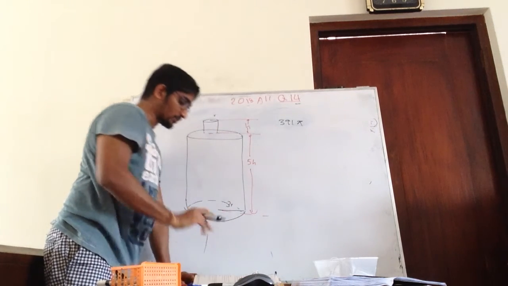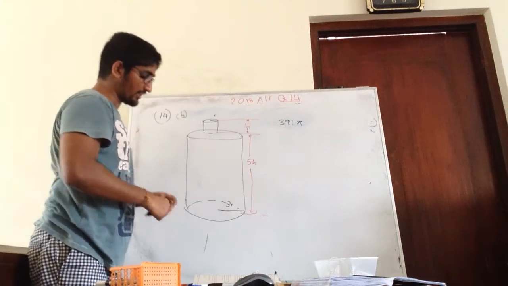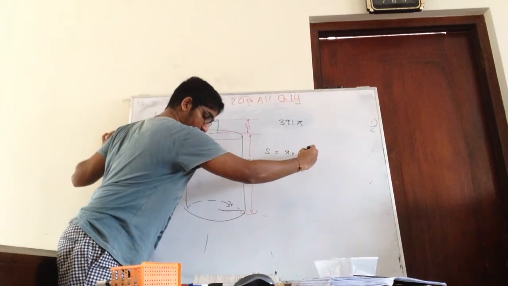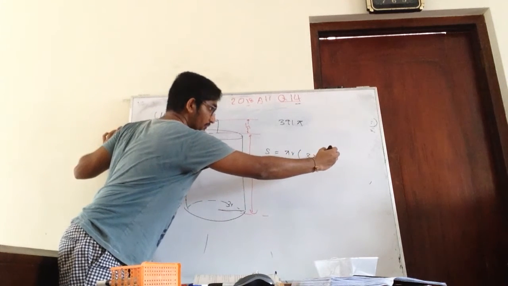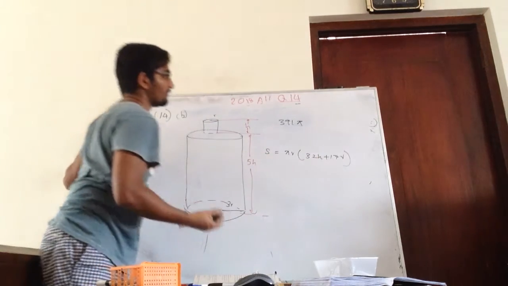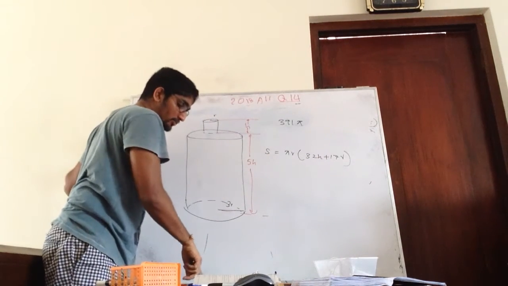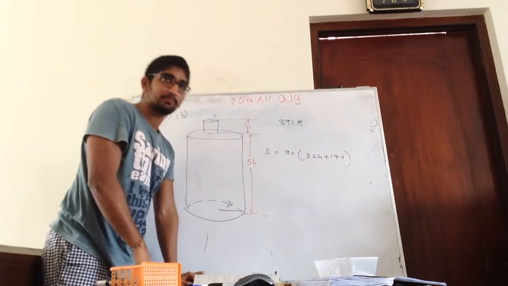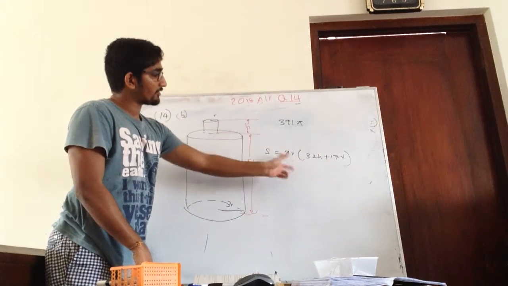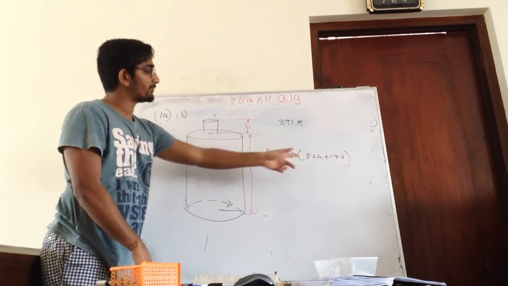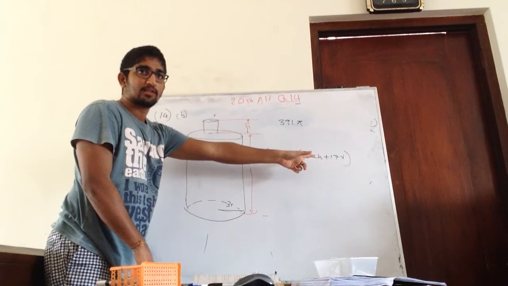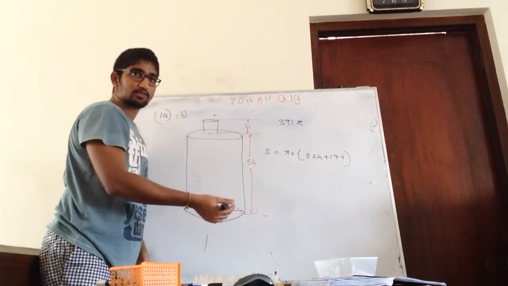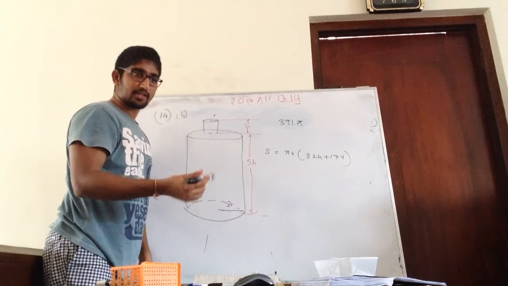So now they are saying, so they have given the total surface area as pi r (32h plus 17r). So now they are asking us to find the value of r such that S is minimum. So why can't we find r here where S is minimum? Is because this has a variable h as well. So we need to convert this h in terms of r and then get the S(r) equation, right? And then we can get the answer.